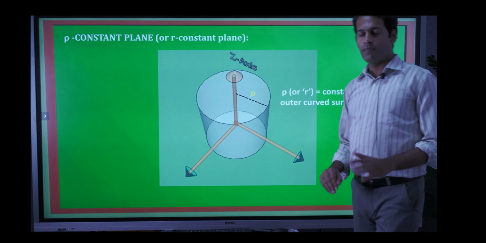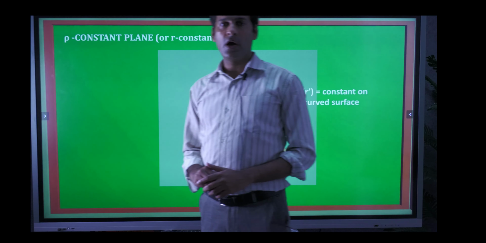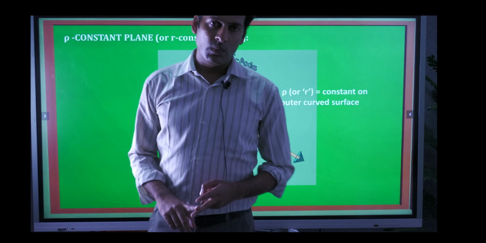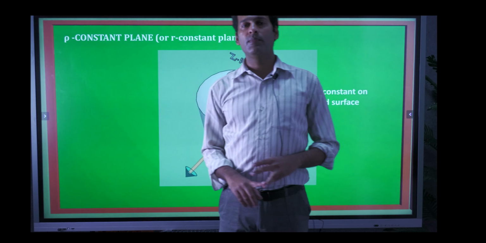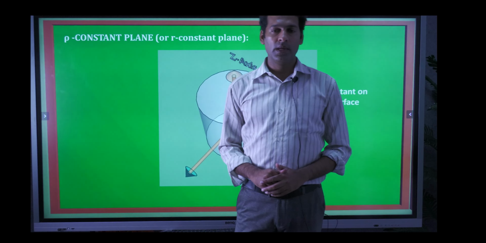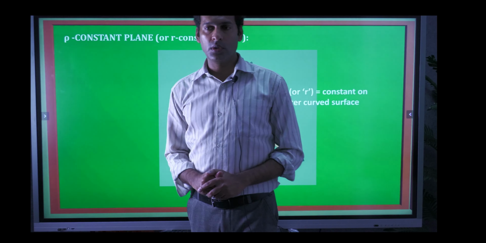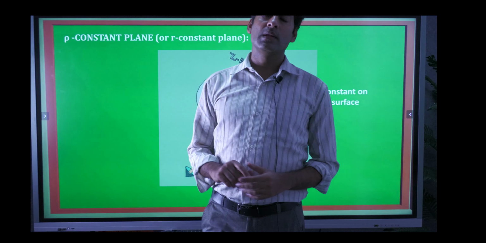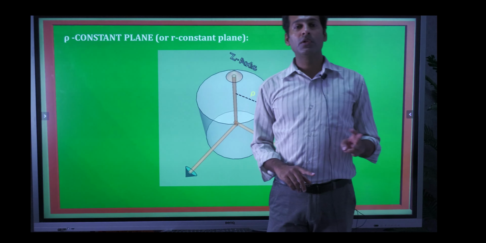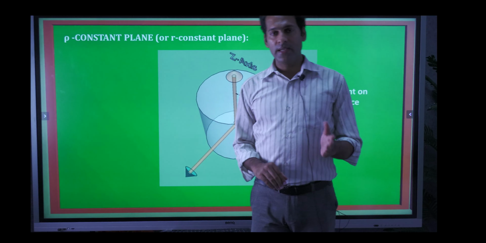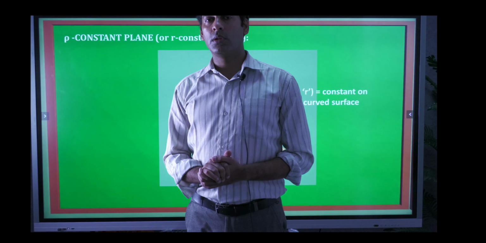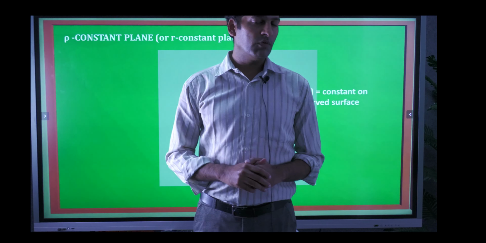So, three constant planes. Previously we have discussed three constant planes: the x constant plane, y constant plane and z constant plane for the Cartesian coordinate system. In the cylindrical coordinate system also there will be three constant planes. So we have three points r, phi and z, and so there will be three constant planes. By intersecting these three planes we can also find out the location of point P.